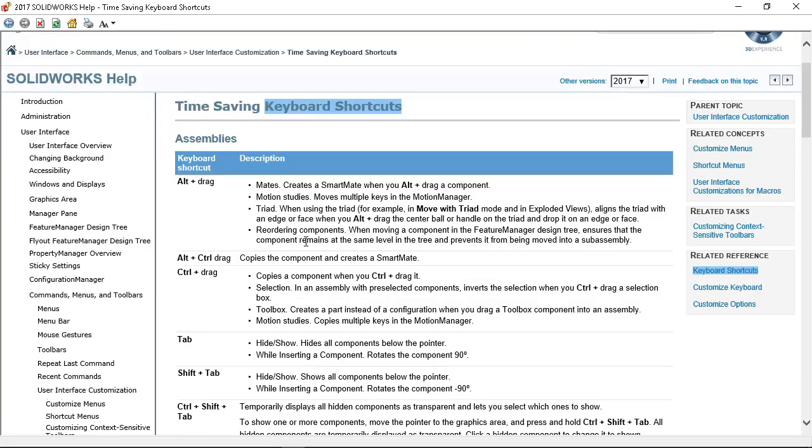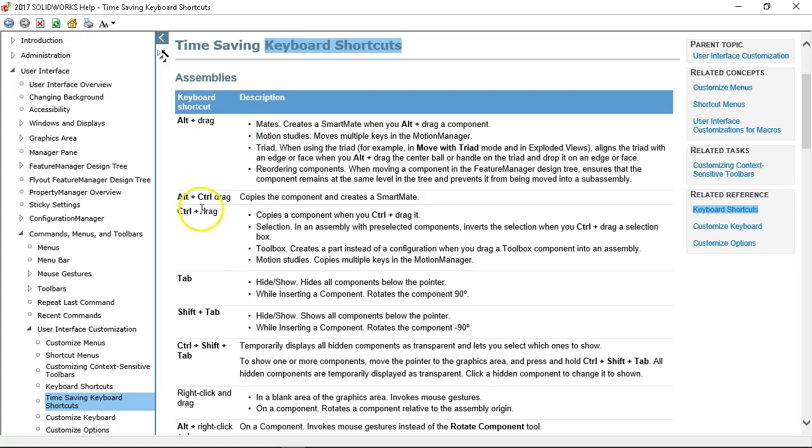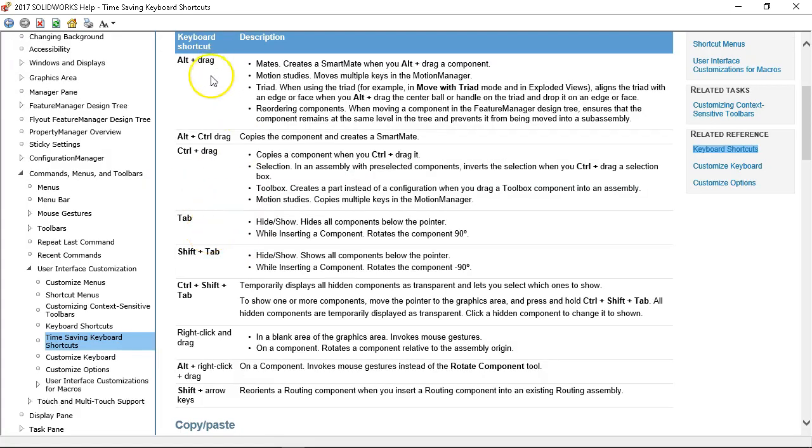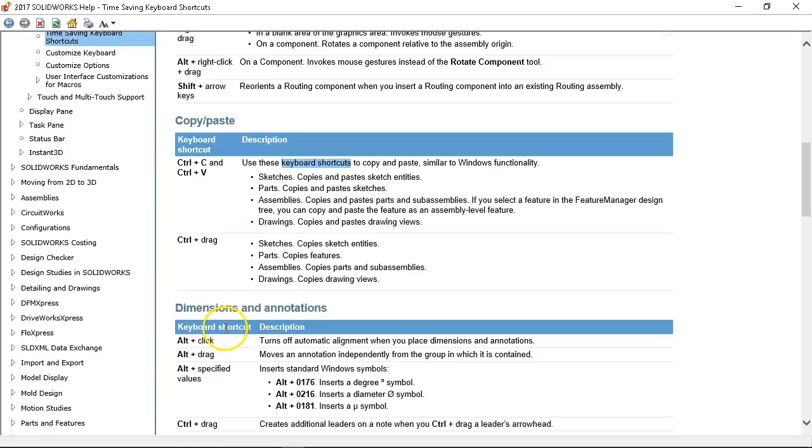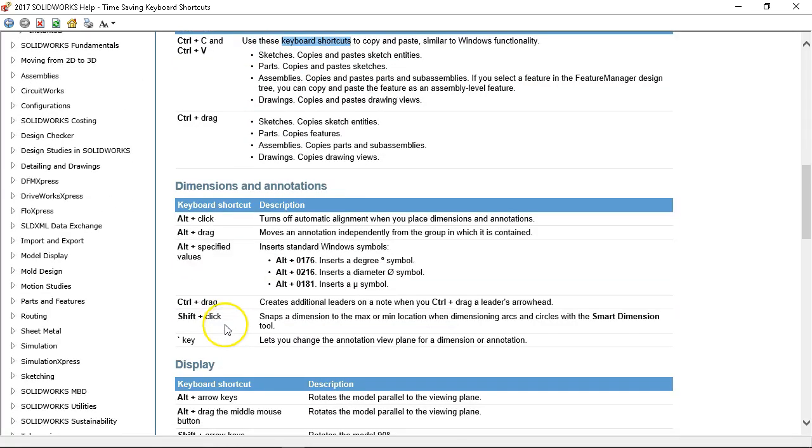All right, so this group of the Alt-Drag, we've done some of these, Tab, Shift, so out of the assemblies first, and then copy and paste, standard Windows, dimensions and annotations. The one that I should have known is that when you